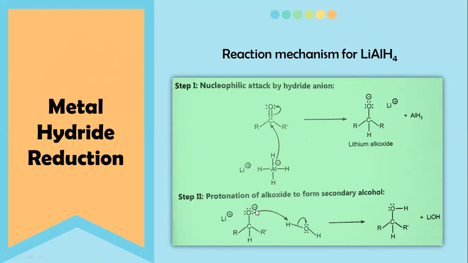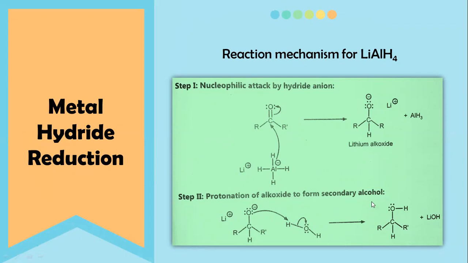Thereby lithium is displaced from its place and hydrogen comes as a substitute for the lithium, and thereby the oxygen converts into a hydroxyl group. And here is the formation of alcohol. Whereas lithium takes the position of the hydrogen atom in the water molecule and converts into LiOH, lithium hydroxide.